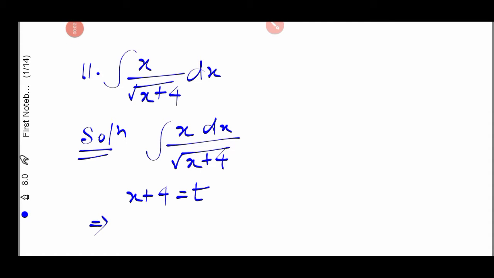So let's solve question number 11. In question number 11, we are given integration x by root over x plus 4 into dx. So look at the solution. The given integration is x dx divided by root over x plus 4. To solve this integration, let us assume x plus 4 equal to t. Now on differentiating, we have dx equal to dt. Now substituting these values, that is x plus 4 equal to t and dx equal to dt in the given